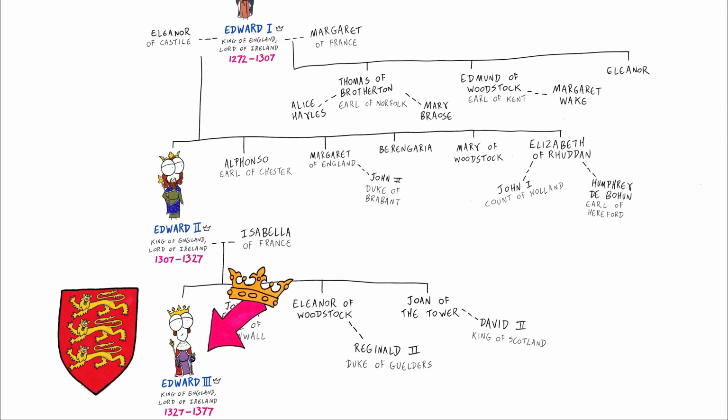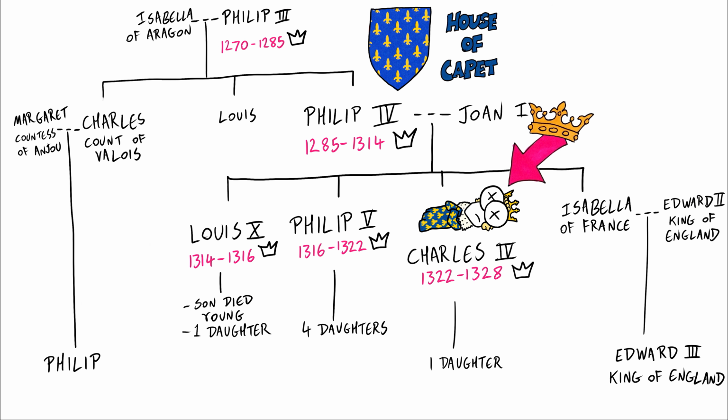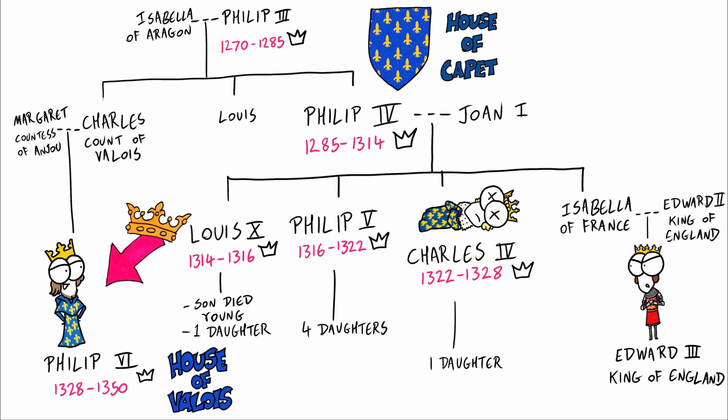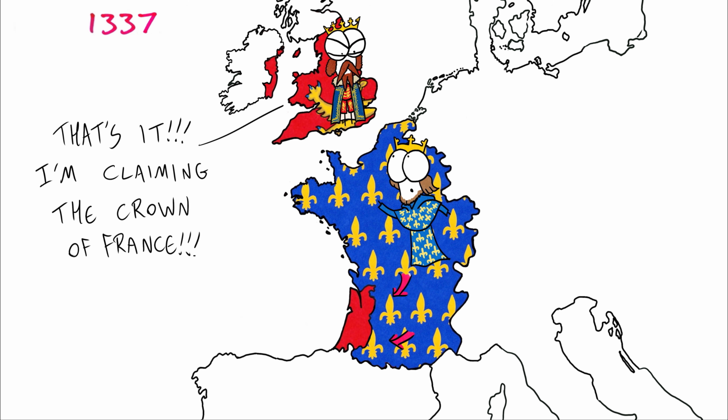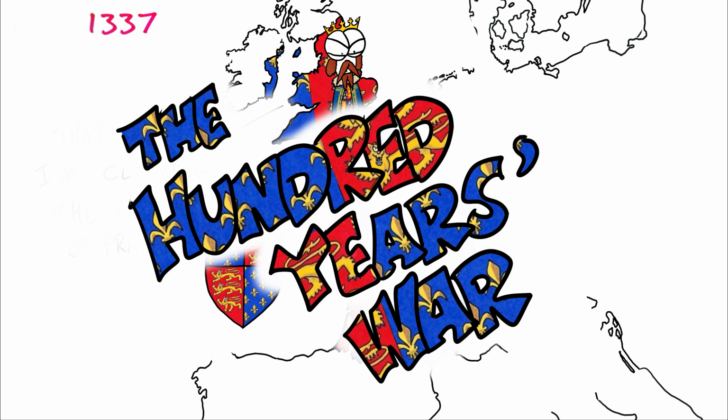The French crown was not allowed to be inherited through a woman. None of Philip's sons had had sons to continue the line, so the French crown passed across to a cousin, Philip VI, despite Edward III of England being a direct grandson of Philip IV, albeit through his mother. The new King Philip VI confiscated England's Duchy of Aquitaine. Rather than trying to negotiate, Edward straight up laid claim to the French throne. This would begin what would become the 100 Years' War between England and France.